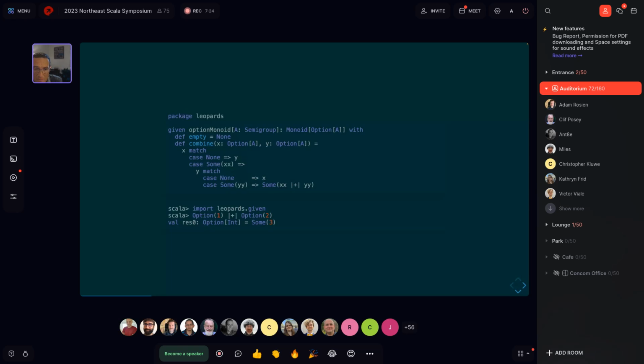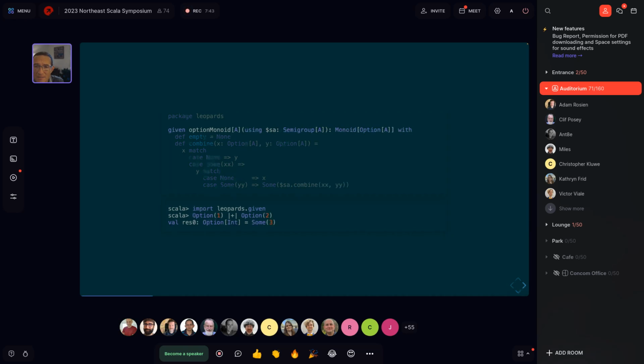Usage works much the same, right? We can import the leopards.given with that same import. We pick up the extension method through this option monoid given instance that we've imported. So let's do a quick rewrite, and I'll toggle back and forth a few times.